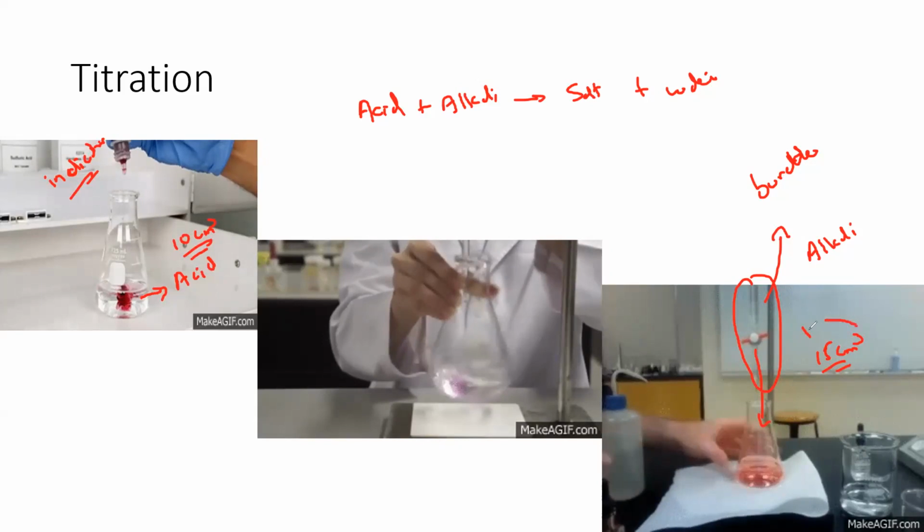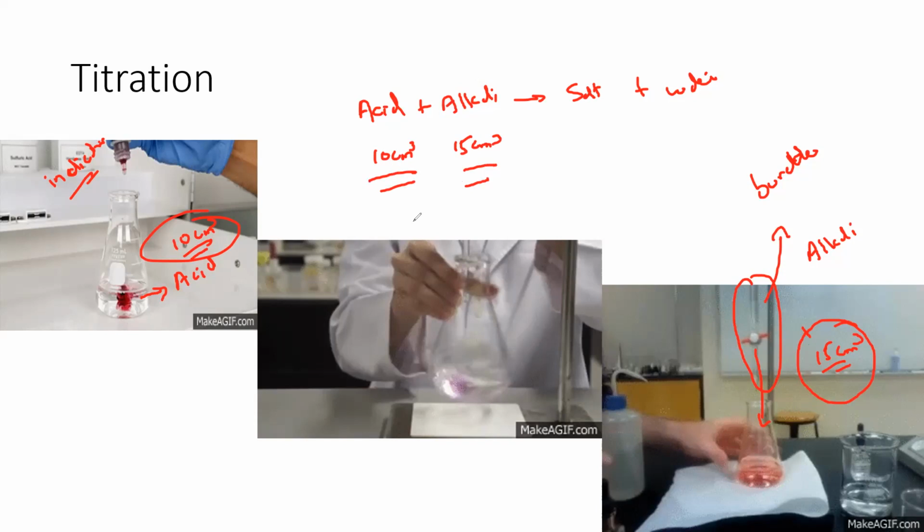Once the indicator shows a color change, we can identify how much acid is needed to react with an alkali. Because without an indicator, if I mix them together, I cannot identify how much acid is needed for a complete reaction with an alkali. So in this example, we took 10 cm cube of acid and it reacted with 15 cm cube of alkali. Now we identify that 10 cm cube of acid needs 15 cm cube